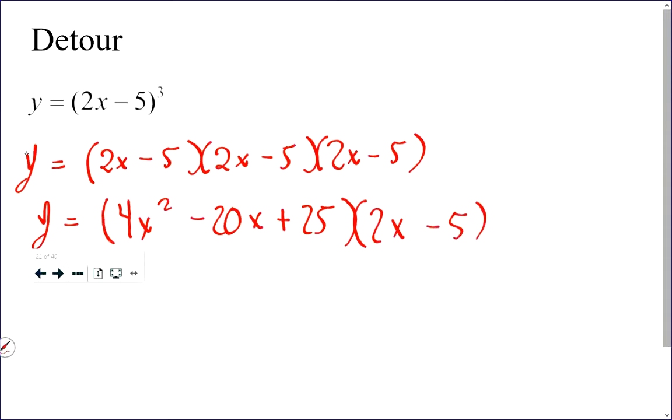Can you double check my foiling out of the 2x minus 5 times 2x minus 5? I think we're okay there. Good. And by the way, I know there are a couple of you that would have just used the binomial theorem to expand this whole thing out without foiling. Now I'm going to multiply out